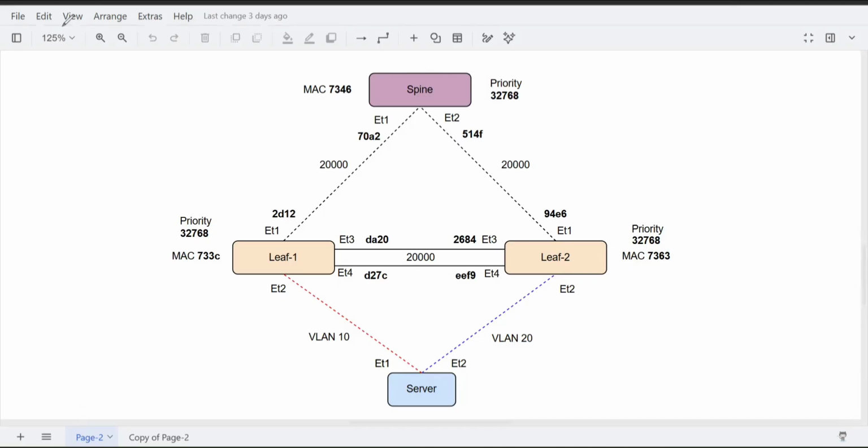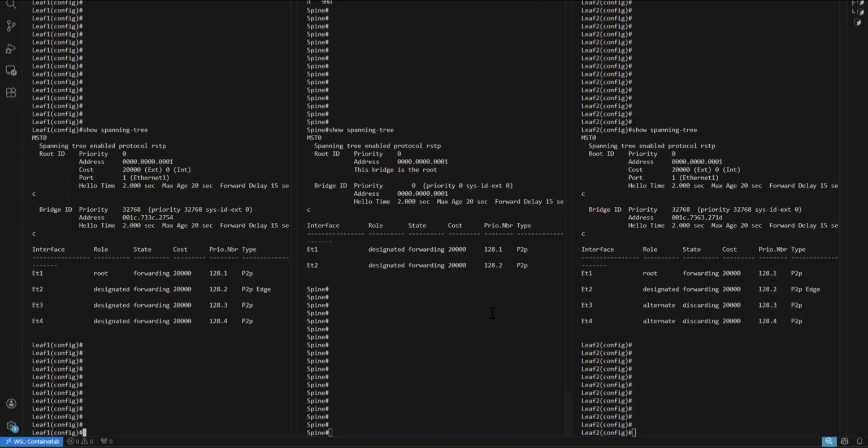Root port. We'll see that. Let me go to the CLI. So I already did the show spanning tree output. So we can see spine is the root bridge and leaf 2,